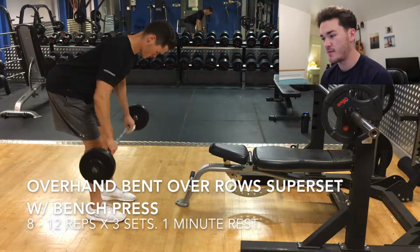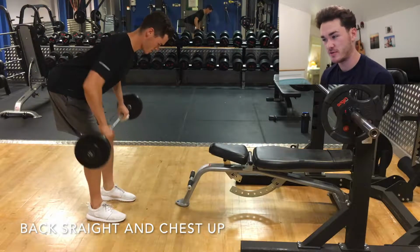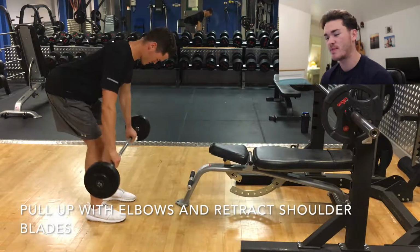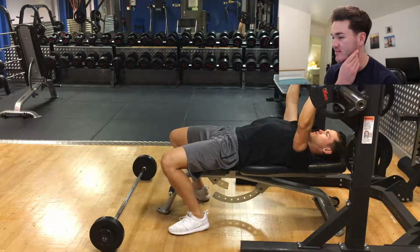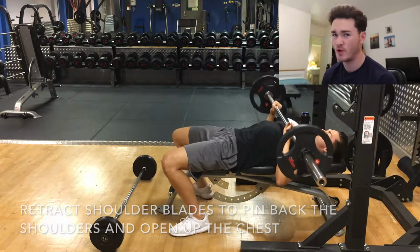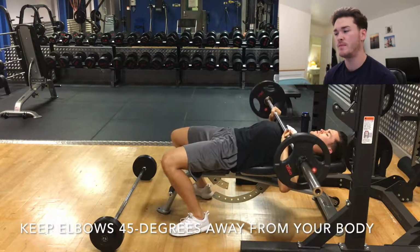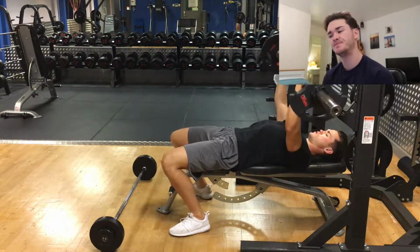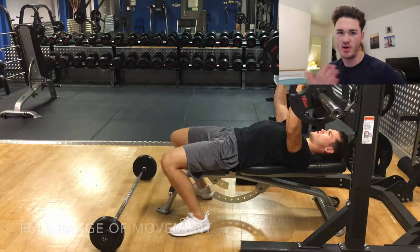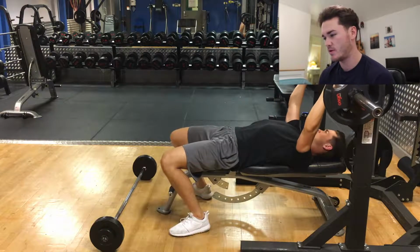Okay, this is where we're getting a bit more intense. Superset, overhand bent over rows, superset with bench press. These are 2 very heavy, good compound exercises, and we're going to put them back to back together. So we're doing those bent over rows, after that into the bench press, so working the back, biceps and the chest and the triceps, supersetting the antagonist muscles. Antagonist meaning you're doing your back and you're doing your chest, you're doing the opposite muscle pretty much. So yeah, we're doing those, and then after that,